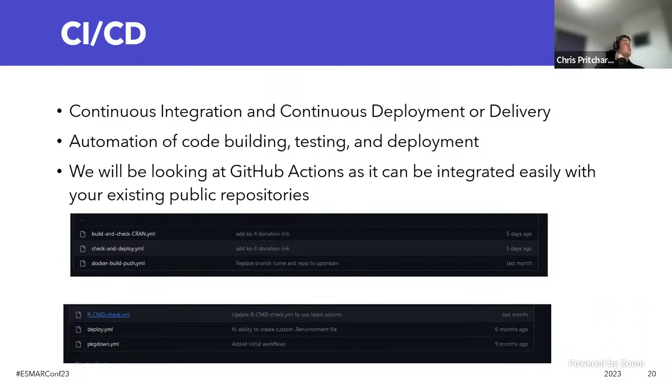I use GitHub Actions because it can be very easily integrated with existing public repositories on GitHub, but other CI/CD tools do exist and people use them. So there's Azure Pipelines, there's other ones, other self-hosted ones. I was thinking Jenkins was a very old school one that used to be used for other projects, but there's lots of them. I think GitHub Actions is very straightforward to integrate into your existing GitHub project, and the great